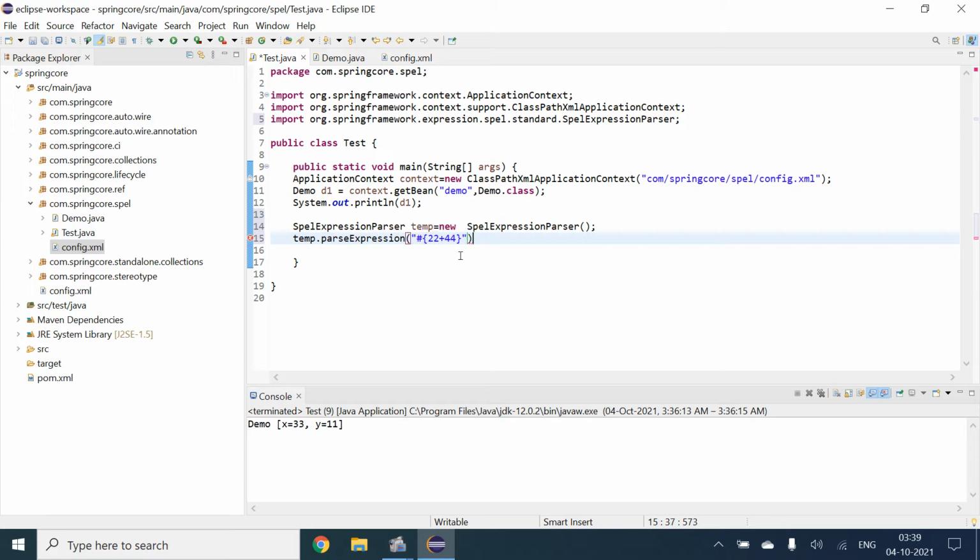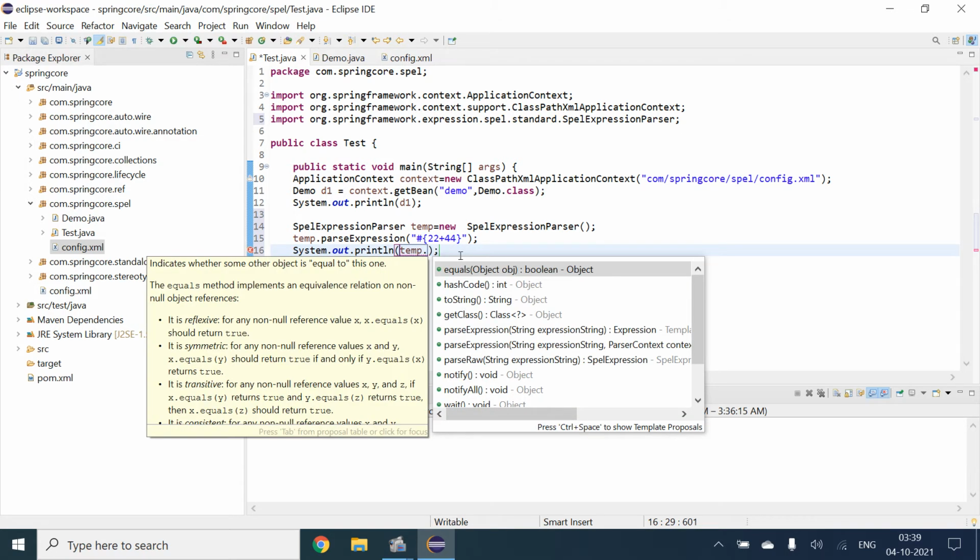And after that we just simply have to give sysout, printing basically.